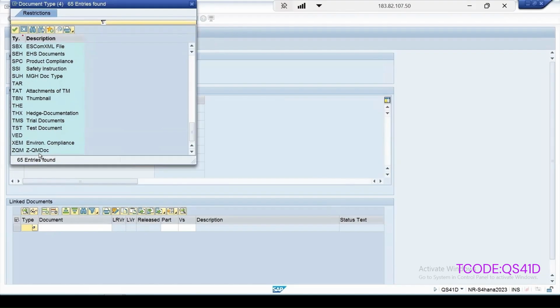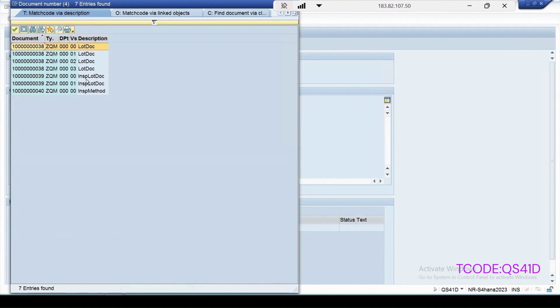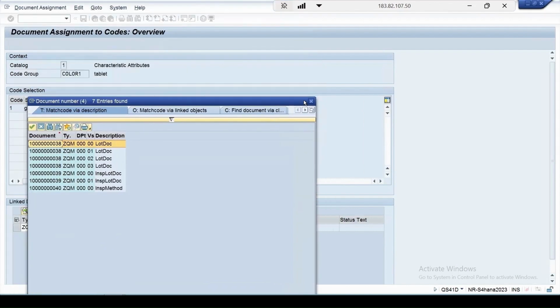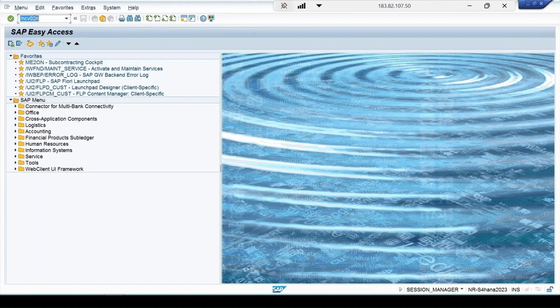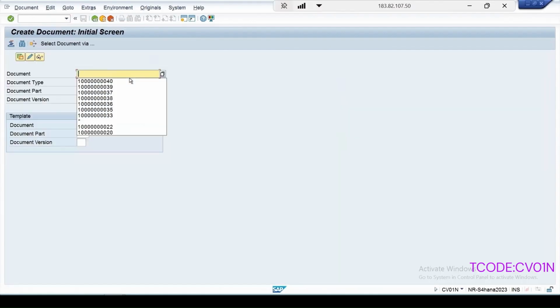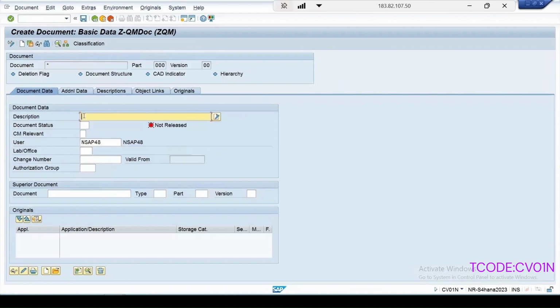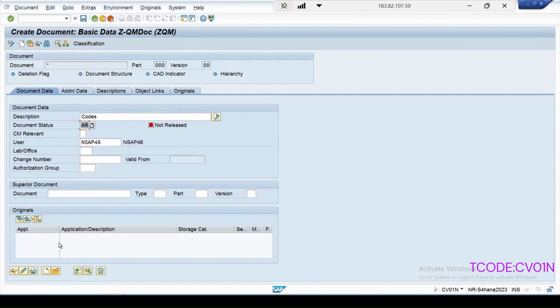In this again, I need to create an appropriate document type which I want to link. So first let's create another document. The creation of the document, which one, enter. Let me remove this. We can keep rest all things blank and press enter key. Here again I can enter the description, say for codes. I can select the status as AR because initially only archive is the status which is available, and here directly